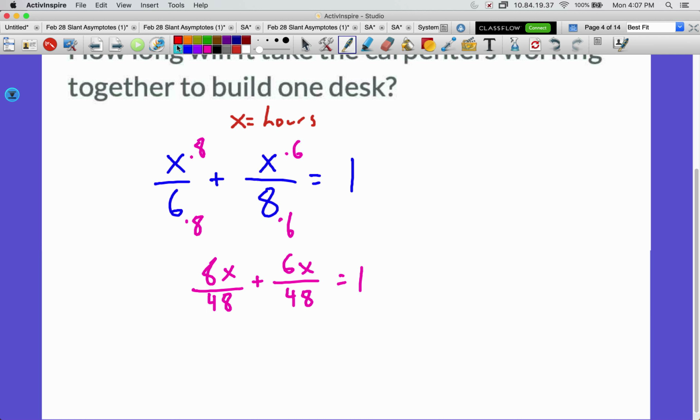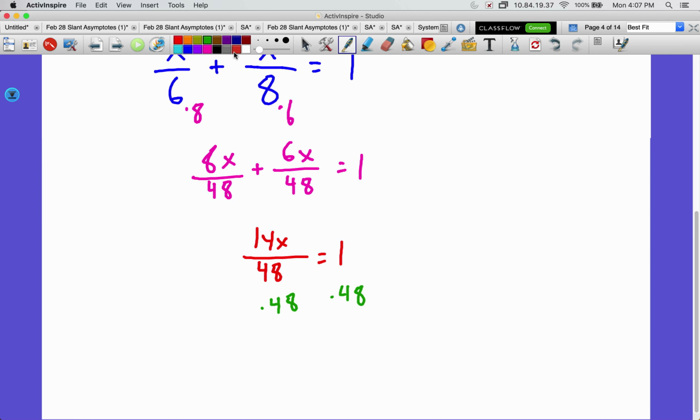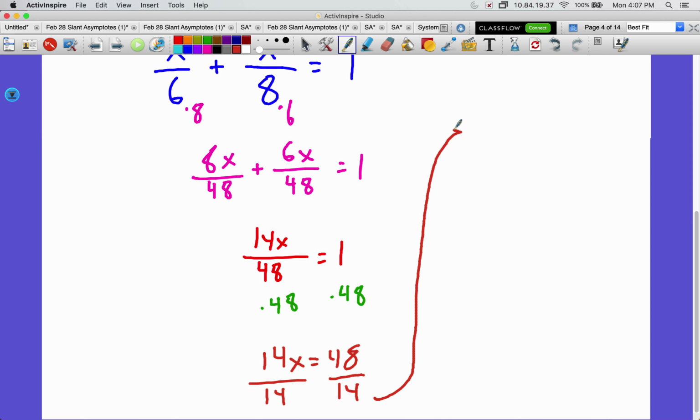Now that we've got a common denominator, we can combine these fractions. 8x plus 6x is 14x over 48 equals 1. Now that we've got this down to a single fraction, we can multiply by the bottom of that fraction to clear that fraction. Get this down to just a nice linear equation. 14x equals 48. Divide both sides by 14. And we get x equals 48 over 14,